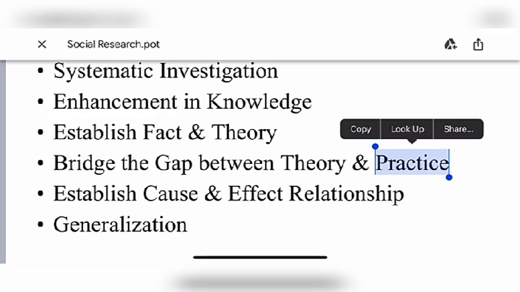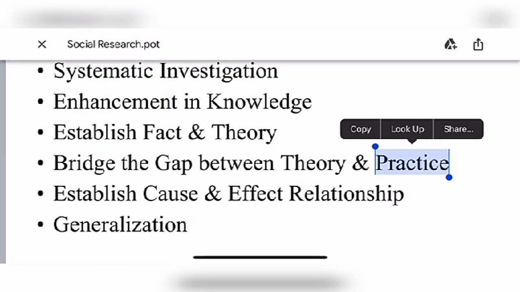The main characteristic of social research is to establish cause and effect relationship. Cause and effect relationship means if a phenomenon occurred, there might be several factors, there might be several reasons.